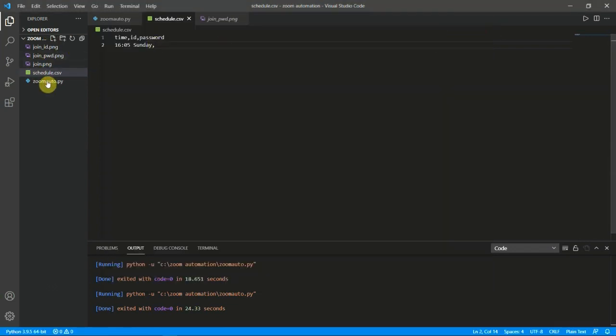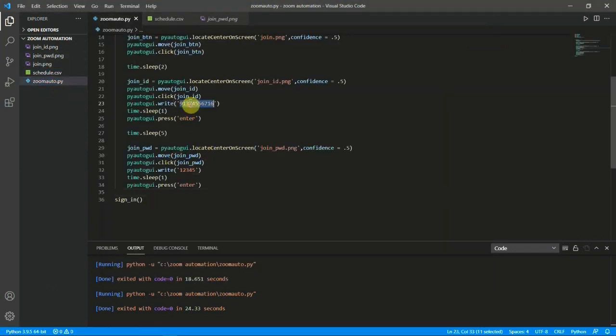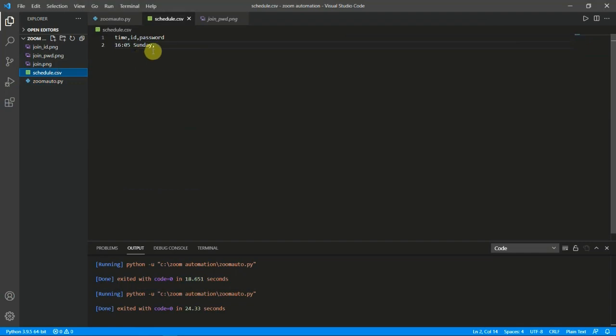We have the ID here, so we will just copy the ID from here, paste it here, and the password is 12345. Okay, now I have this data here: time, day, ID and password.